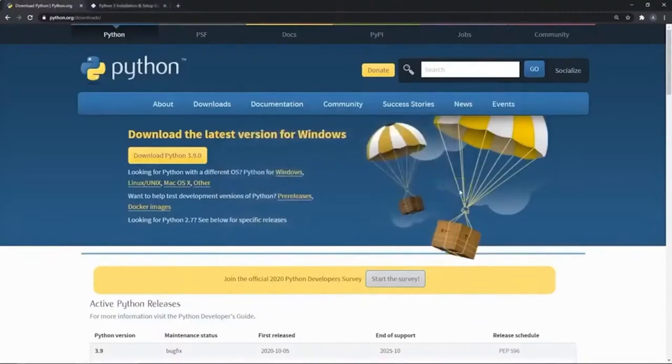But what if you had Mac OS, or if you were using Linux? Well, for Mac, it's actually almost as simple. If you see out here below this download button, Python option, you get the website asking you, are you looking for Python on a different OS? And it gives you the options of Linux, Mac, and even other OSs.